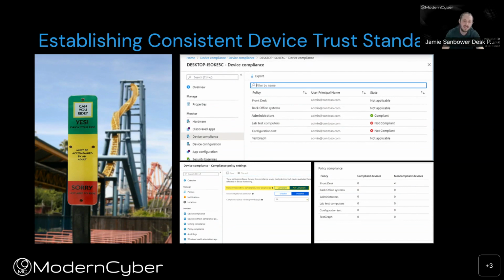Keeping a consistent policy for device trust and then applying that to your VPN connections, wired and wireless, SaaS application access. That way, if I'm a user connecting to Salesforce.com, I know that I need to be on my managed machine with up-to-date policies. If I'm not, it's not going to allow me to access that application until I'm compliant. The same thing goes if I'm accessing an on-premise private application or an IoT device.